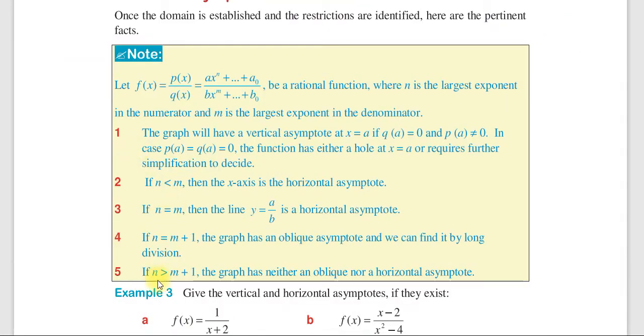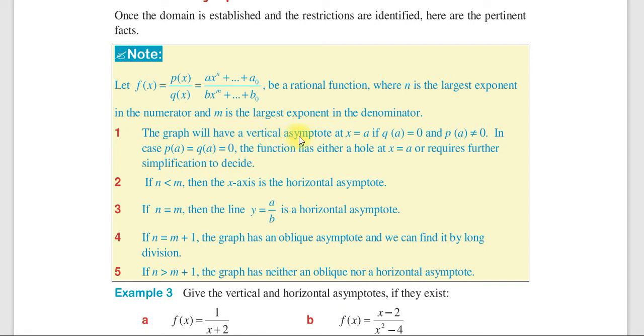So ወደ 5 የሚደርሱ ፋክቶች አሉ። Let f of x which is equal to p of x over q of x which is equal to x^n plus a naught over b x^m plus b naught. ይህ ማለት ላይኛውም ፖሊኖሚያል ፋንክሽን ነው፣ ስለኛውም ፖሊኖሚያል ፋንክሽን ነው እንደማለት ነው። ስለዚህ ራሽናል ፋንክሽን ቢሆን where n is the largest exponent in the numerator and m is the largest exponent in the denominator. አሁን እንግዲህ n ማለት የኑሜሬተሩ ላርጀስት ኤክስፖኔንት ነው፣ m ማለት ደግሞ የዲኖሚኔተሩ ላርጀስት ኤክስፖኔንት ነው ቢሆን ብለን ተነሳ።